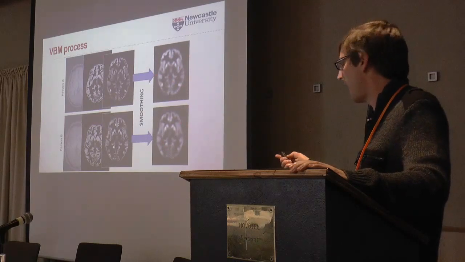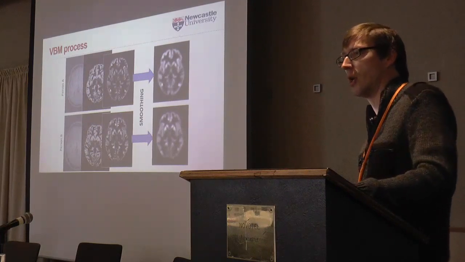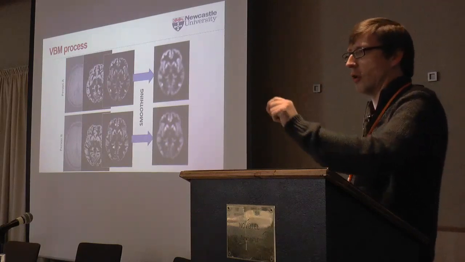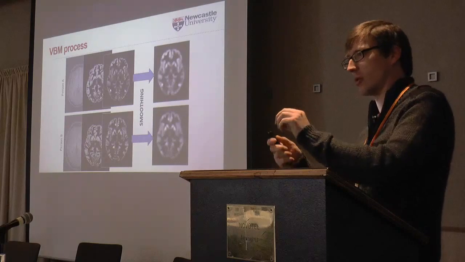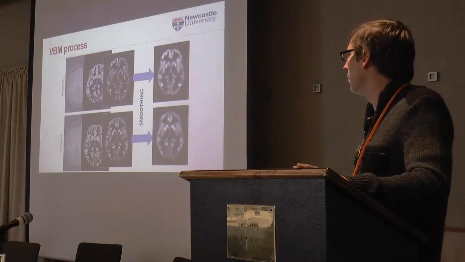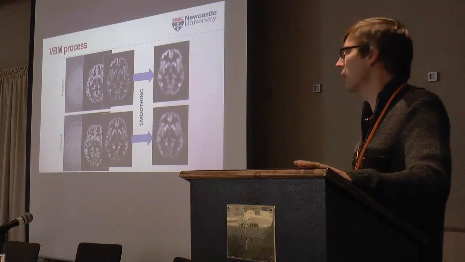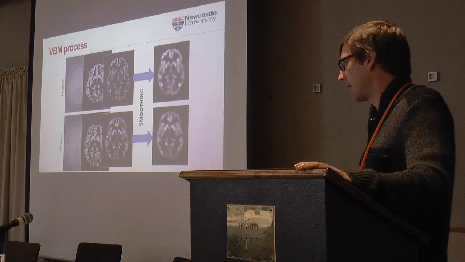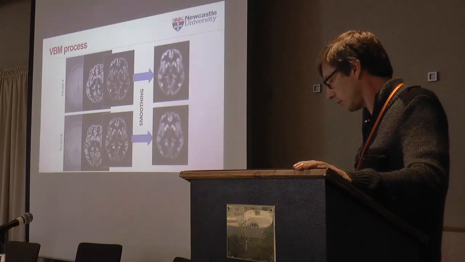What we end up with at this point is a map for each individual that roughly tells us how much volume of this particular tissue type is in that particular location, and those locations roughly match between the different individuals, despite the initially quite different morphology, of course. And then we can do group comparisons,